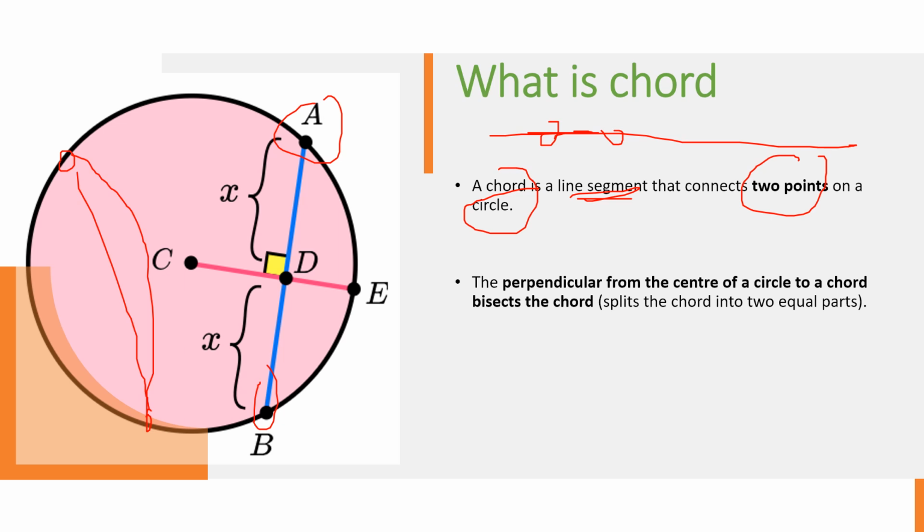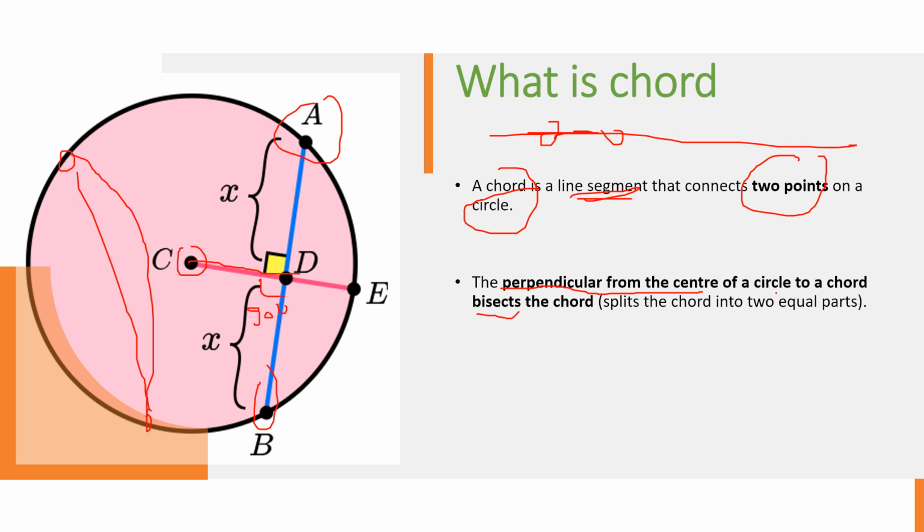I will draw a perpendicular from the center to this arc. I'll draw a perpendicular line, which is of course a 90-degree perpendicular, right? I'll draw a line which is perpendicular to this chord and connecting to the center of it. Okay, and so a circle to a chord, and the perpendicular from the center of the circle to a